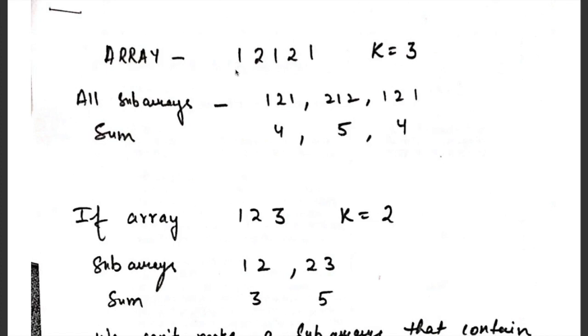That is, if the length of the array is 5 here, then you can insert a number from 1 to 5 between any of these elements, so that the sub-arrays of length k all have equal sum. So if we can make our array in such a way that all the sub-arrays of length k have the same sum, then we have to print that array, or otherwise we have to print -1.